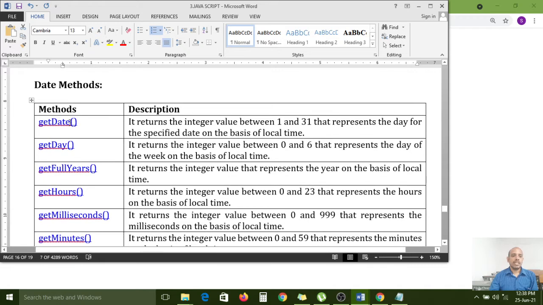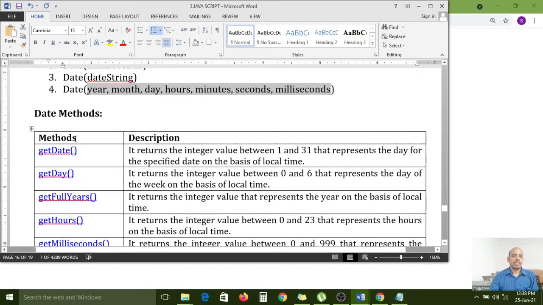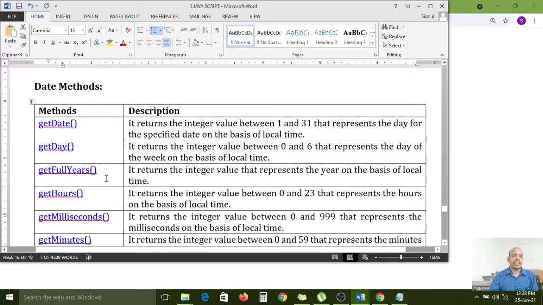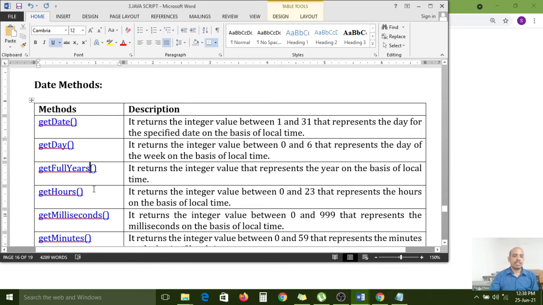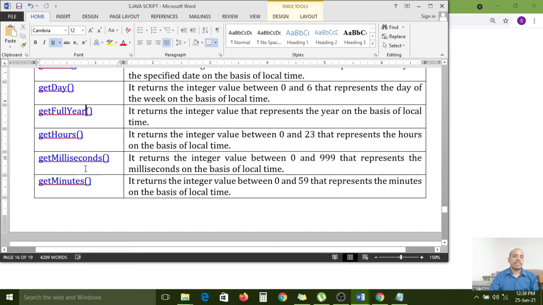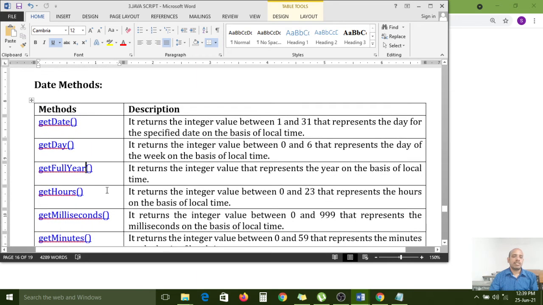Now here I have given a few examples: getDate, getDay, getFullYear, getHours, getMilliseconds, getMinutes. What is getDate functionality? It returns an integer value between 1 and 31.